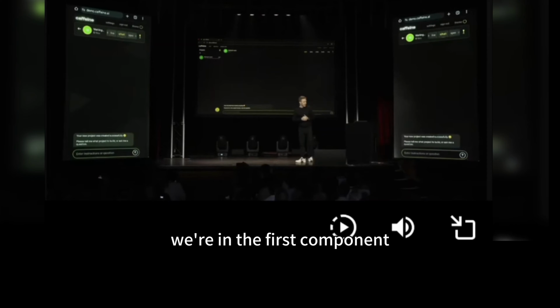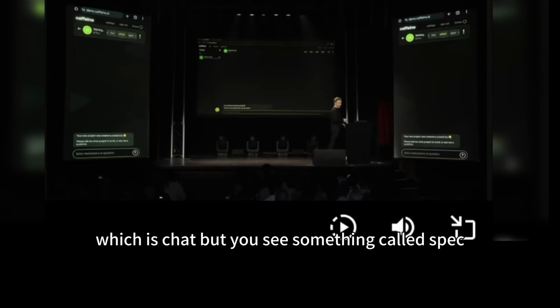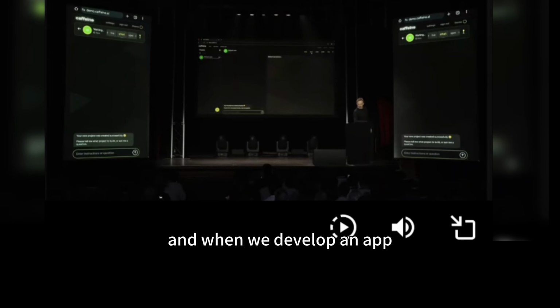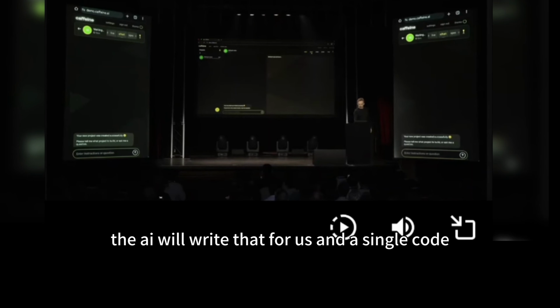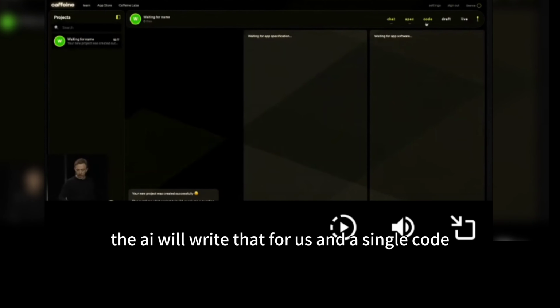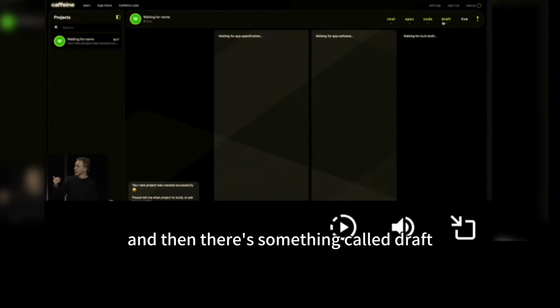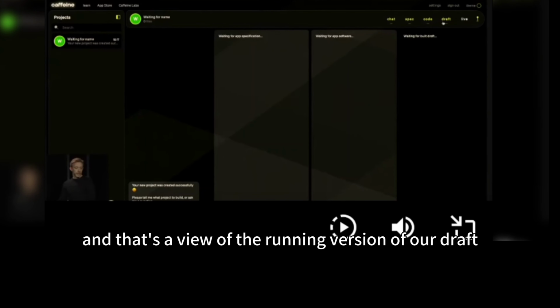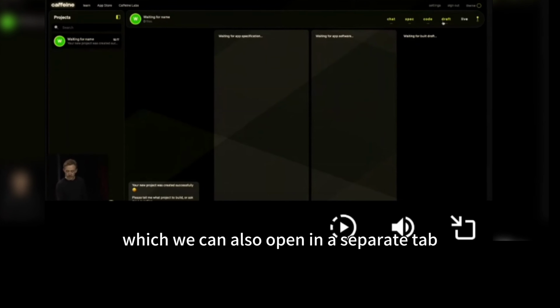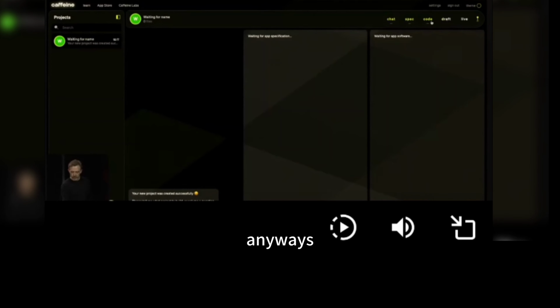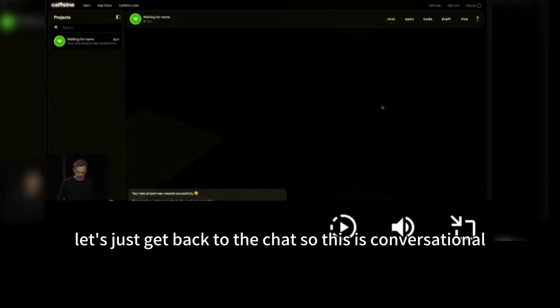We're in the first component, which is chat, but you see something called spec, and when we develop an app, the AI will write that for us, and this thing called code, and that'll eventually contain code, and then there's something called draft, and that's a view of the running version of our draft, which we can also open in a separate tab. Anyways, let's just get back to the chat.